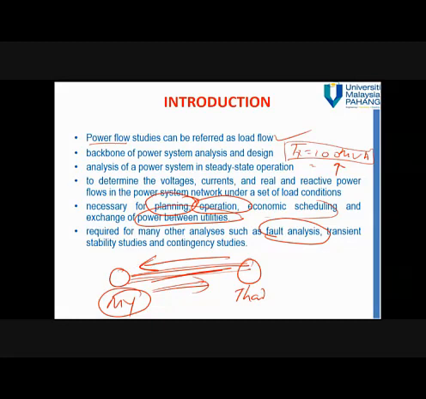We want to check our design is correct or not. We have to run the power flow before we do other analysis such as fault analysis, transient stability analysis, contingency analysis, and so on. Faults are to calculate fault current. Transient is to see, let's say this is a transmission line, we have the circuit breaker. So when a fault occurs on this transmission line, this circuit breaker will open. When the circuit breaker is open, we want to see the voltage waveform of this network. This switching situation,